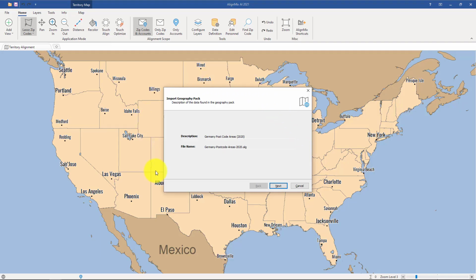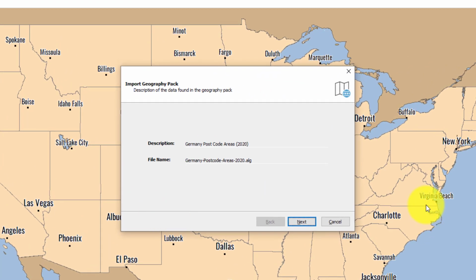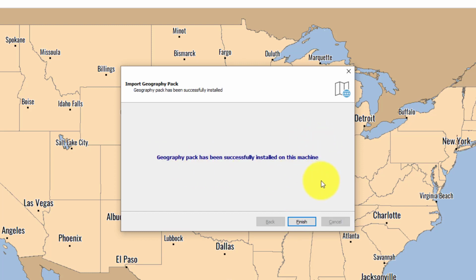And just like that, you see we have this dialog box appear here to import geography pack. And here you see the name of that geography pack. So if you've purchased brand new German postcode shapes for 2020, this is what this will look like. But this process will apply to any country file that you've purchased directly from AlignMix. So from here, you click on the Next button, and you can see right here, Geography Pack has been successfully